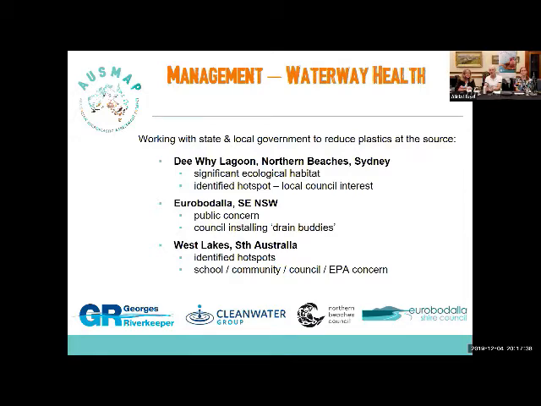And then West Lakes, the big black spot down in South Australia, where both school and community groups have been doing the work, and thanks to those guys, because they're the ones that basically brought to light that West Lakes wasn't actually an extreme hotspot. Once again, we're working with local council and EPA to resolve those issues.